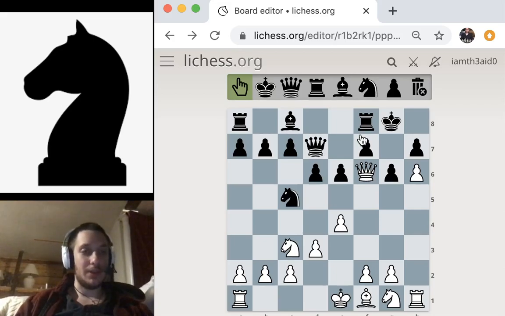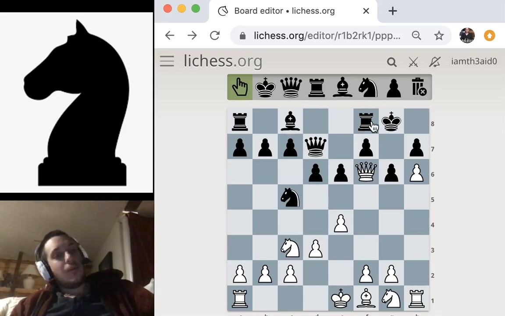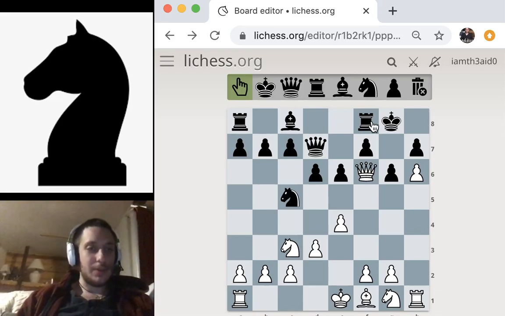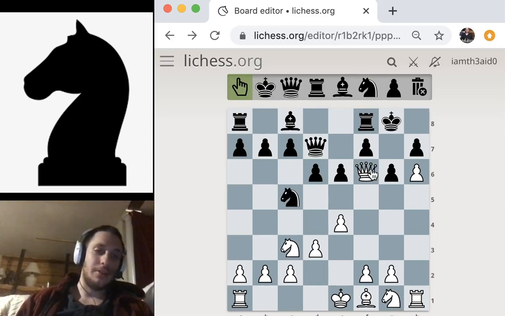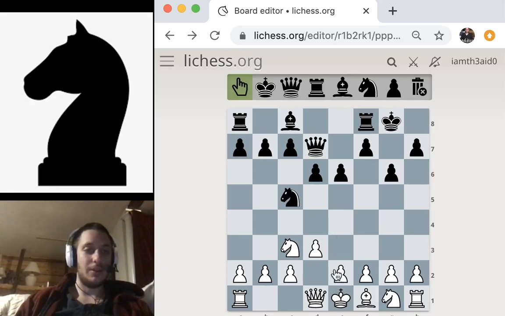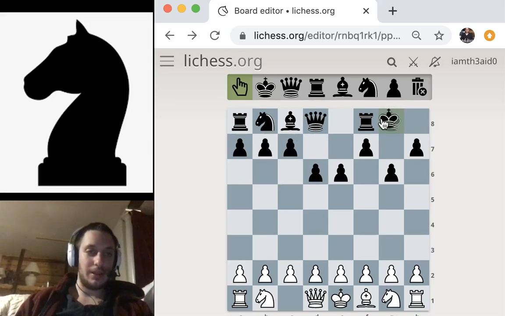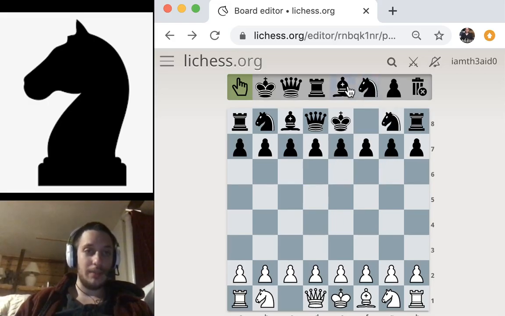Let's see. What are some other good tactical motifs here? Another way that a fork can arise is with a pawn. Pawns are often misjudged as being really weak pieces, and no doubt they are the weakest pieces on the board, but they do determine the whole structure of the game. And there are a lot of times when a subtle pawn move that someone might not expect can end up winning the game. Let's say, for example,